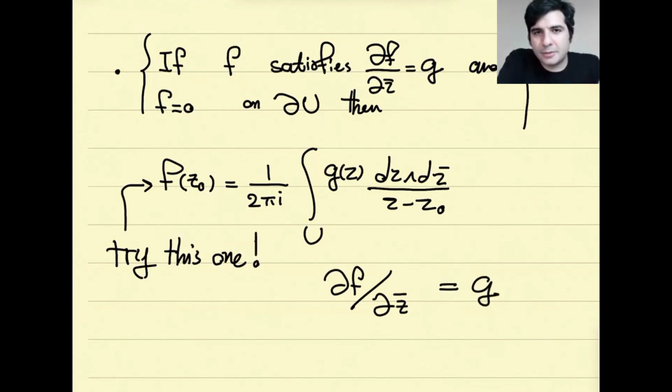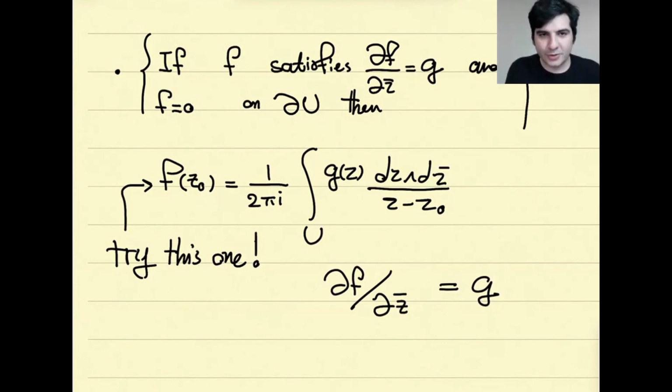So this might look a bit weird. We kind of reverse engineered. We looked among a smaller set of functions. We wrote the Cauchy's integral formula for them. And then we got an expression for f: if f satisfies this equation and is zero on the boundary, what should f be? And now, if I want to prove this as a theorem, I can say, okay,